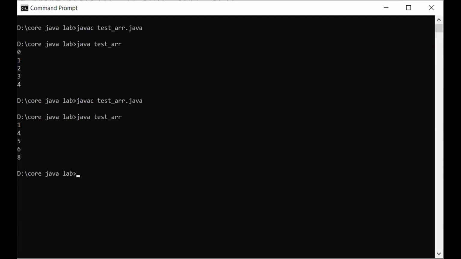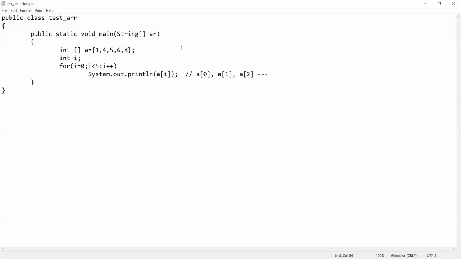Now, what is the drawback of using an array? The drawback of using an array is basically that it is a static type of array. We have seen that we have declared the array of 5 elements and we have stored the values. Now, if you wish to increase the size of this array, then this array cannot be modified with respect to the space. Once it is declared, the array space has become fixed.